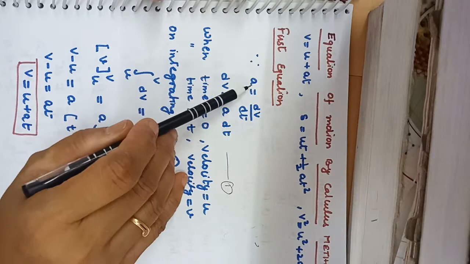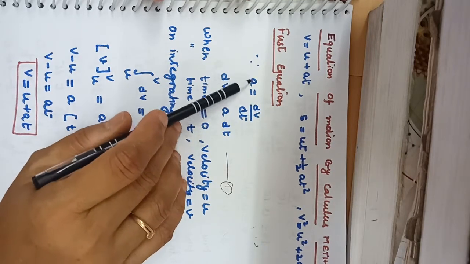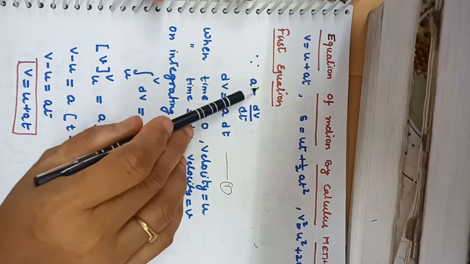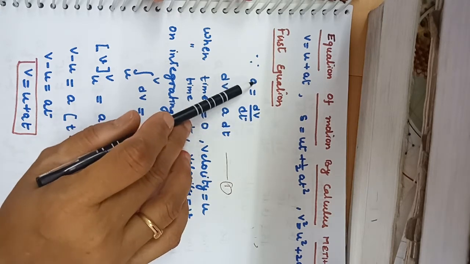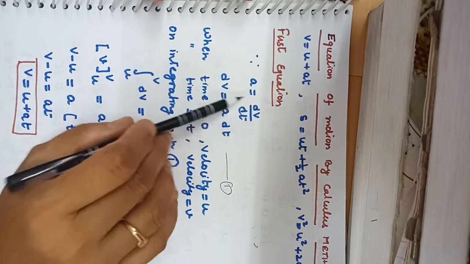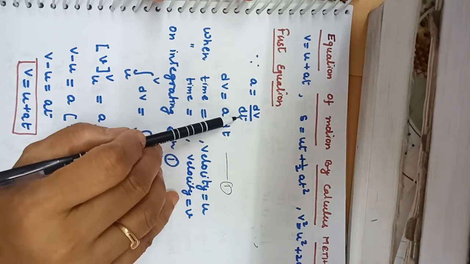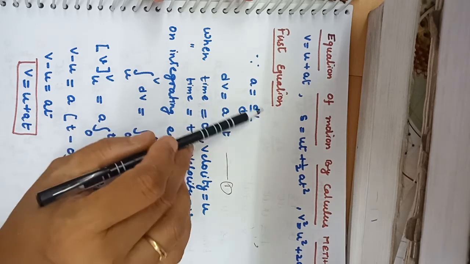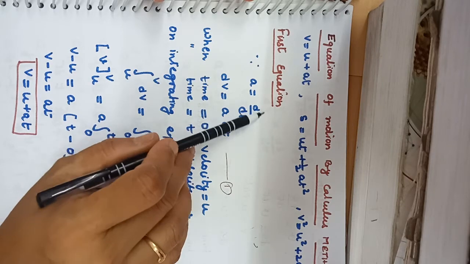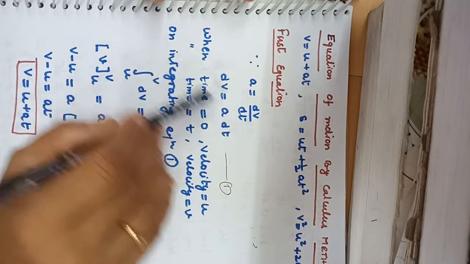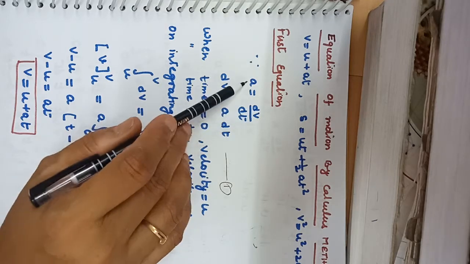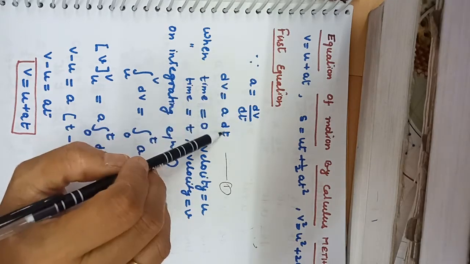We have the relation between the acceleration and velocity in the differentiation form. For the instantaneous acceleration, we write the acceleration as dv over dt. The meaning of this term is what? Change in velocity with respect to time, a small change in velocity with respect to time. Now do the cross multiplication. When you do the cross multiplication, you will find dv is equal to a dt.